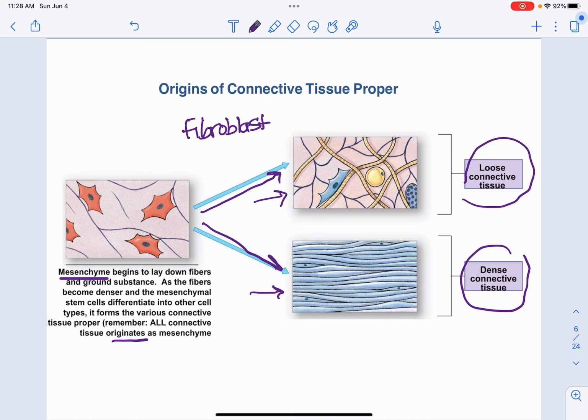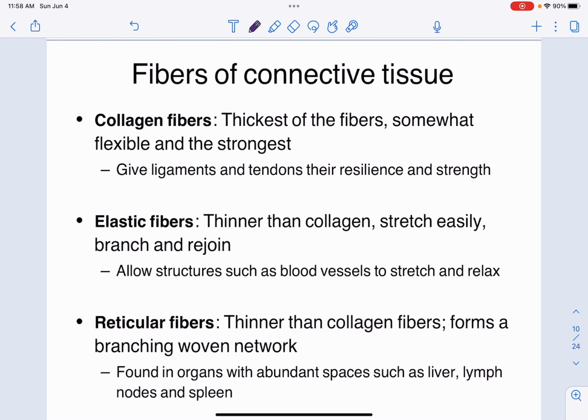So there is very little ground substance. From this point on, we're going to talk about the different types of loose connective tissue and dense connective tissue, now that you have an understanding of how these connective tissues are derived. All right, so the last thing that we need to discuss before we actually look at connective tissue proper is